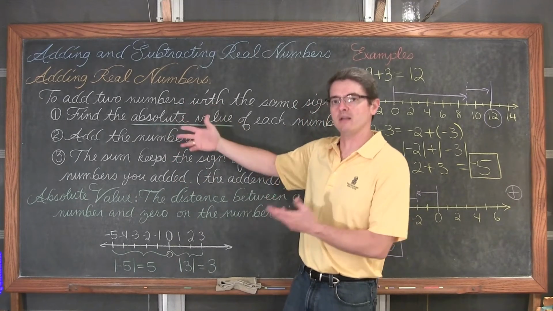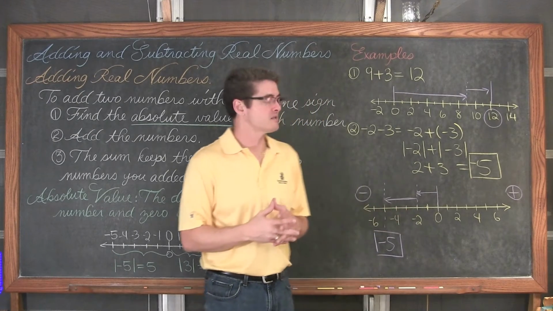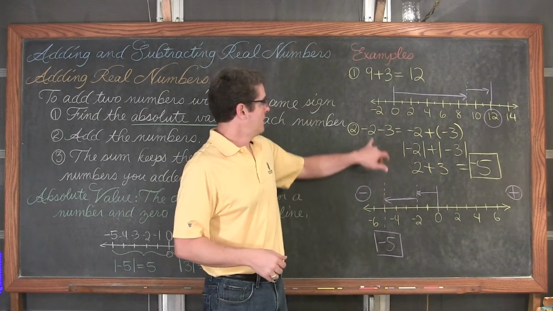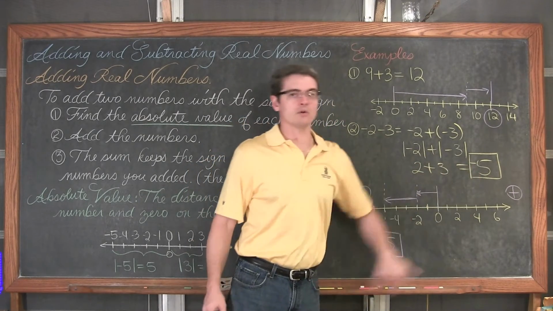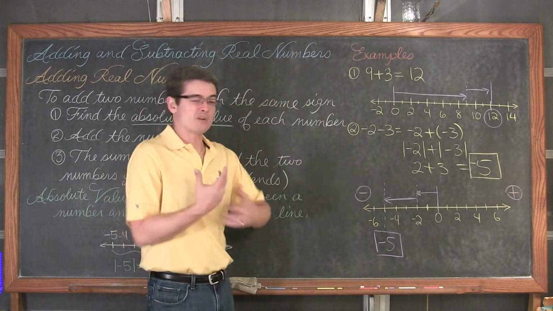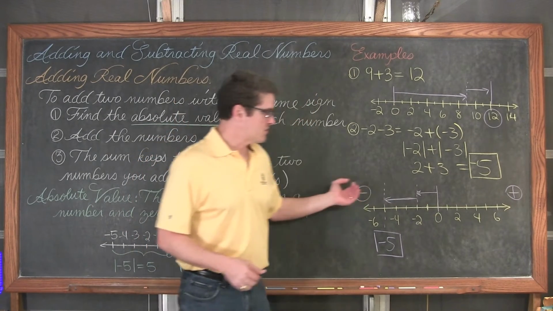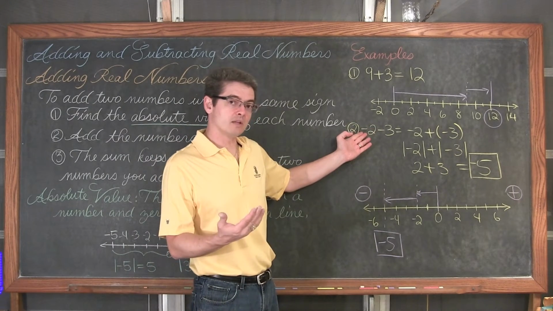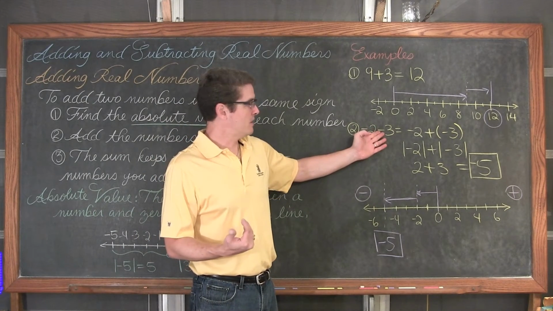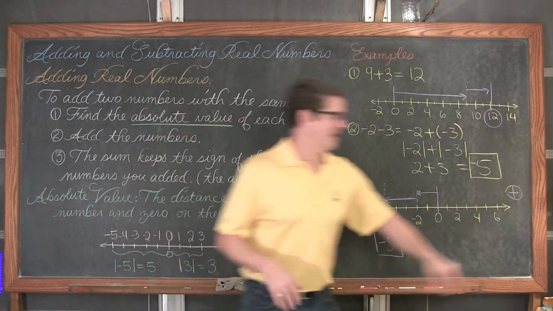So we did the same problem 3 different ways, following these very mathy sounding steps about finding absolute values and adding and keeping the sign of the original two numbers, which is often what I say in class. We talked about maybe money. If you spend 2 and you spend another 3, you've spent a total of 5, or maybe if you're talking about borrowing money, you would owe a total of $5. Or visually, 2 left movements on the number line because movements to the left are negative, and we combined 2 negative numbers. That was 2 movements to the left, and our answer is -5.